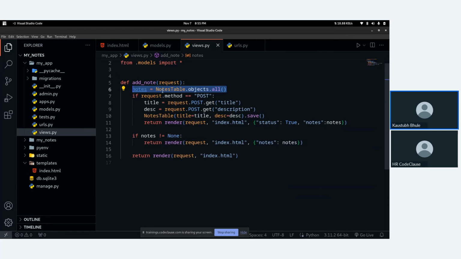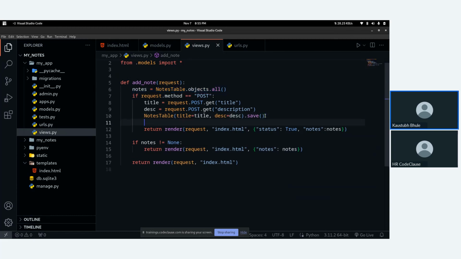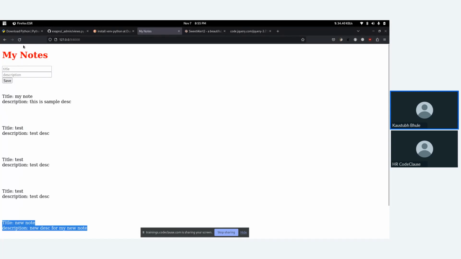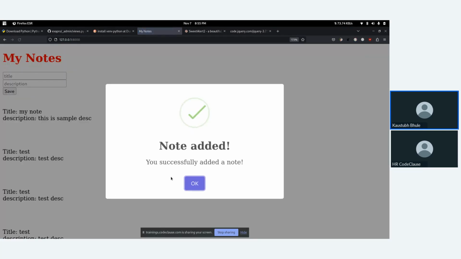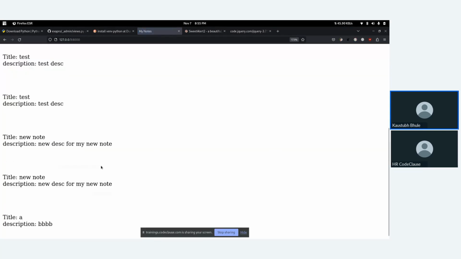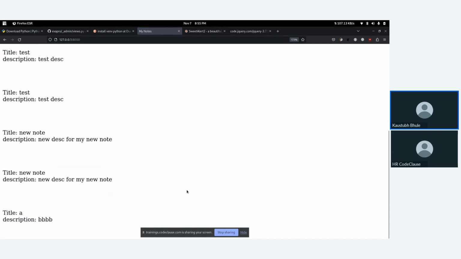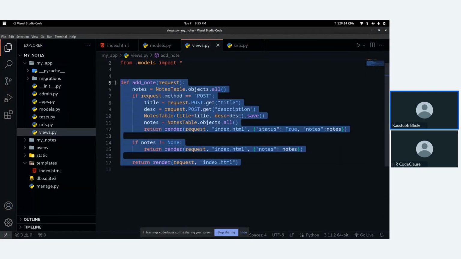Okay, and we need to re-execute this thing here. Let's try. Let's refresh once. Add some weird characters. Save. Notes added successfully. And yeah, here is our note. Okay. It might not be the optimized solution, but yeah, it's one way to render that.